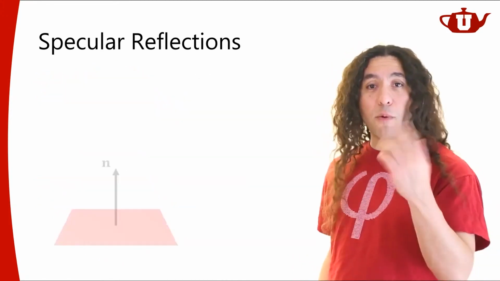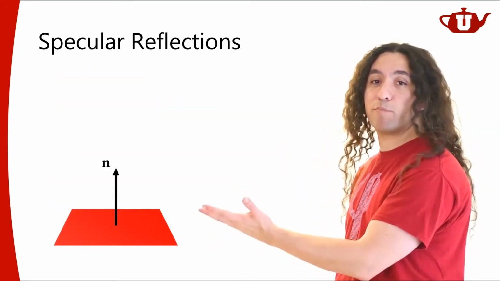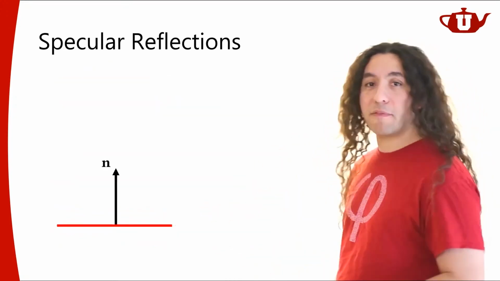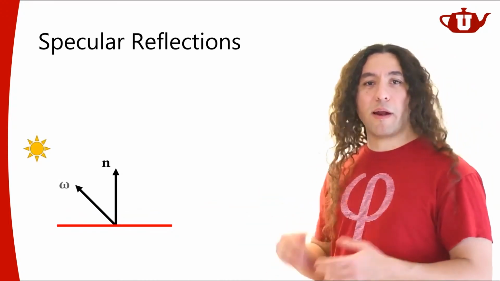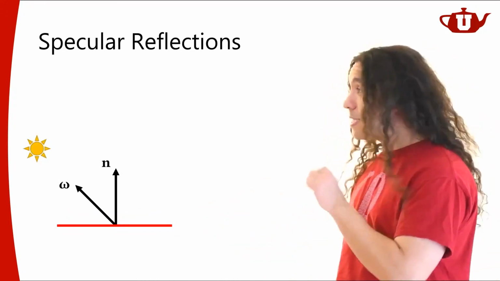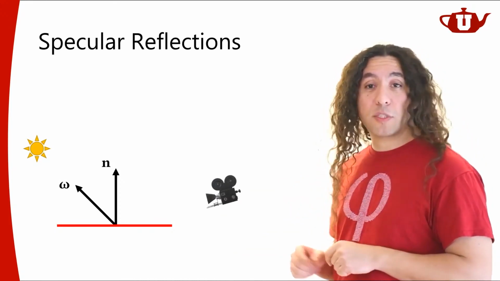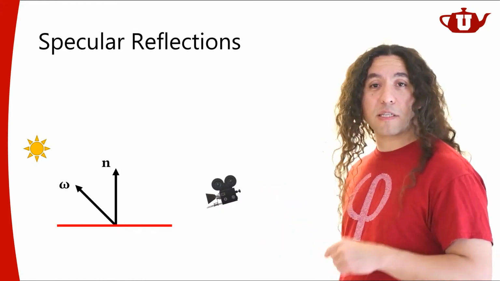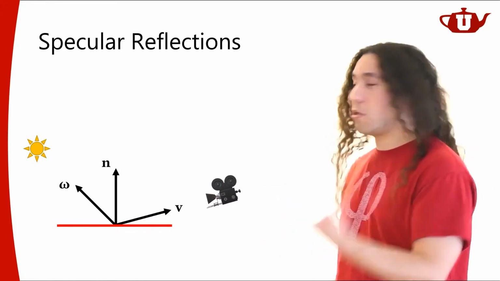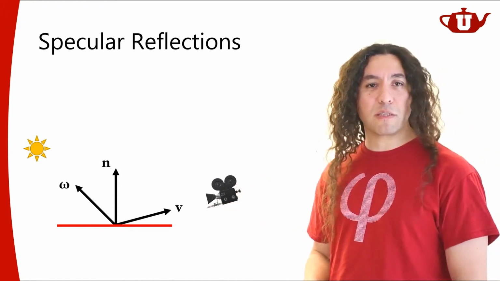All right, so let's see how we can handle specular reflections. Again, starting with a plane like this, but I'm going to look at it from side view. So, of course, we have our light source. Light is coming from somewhere, and this is my light direction. But this time, I'm also going to consider the viewing direction. So I'm going to put my camera somewhere, and I'm going to look at that viewing direction. Let's call it V. V is going to be my vector for representing the viewing direction.